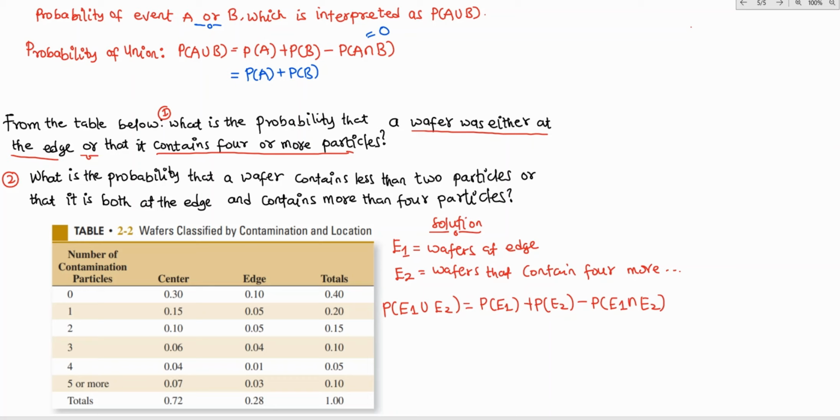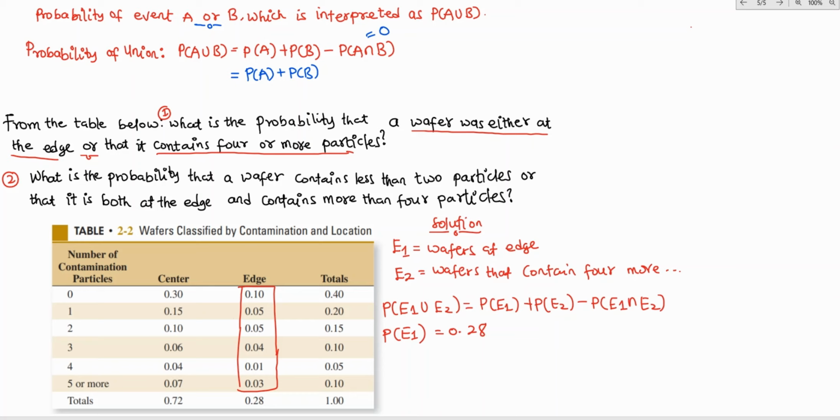Okay, so what you have to do first is to find the probability of E1 and then also find the probability of E2. So let's go ahead and find the probability of E1, which is the probability that a wafer is at the edge. Okay, let's look at that. If you are looking at the probability that a wafer is at the edge, then you have to add all these probabilities, and you know that their total is the 0.28 that you have here. So you're going to have the probability of E1